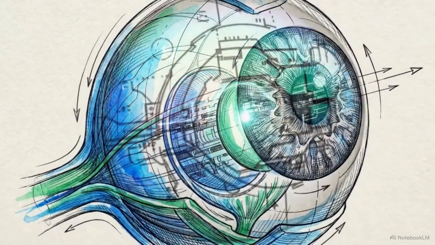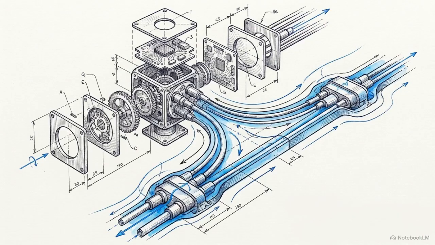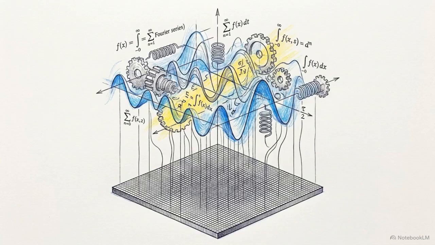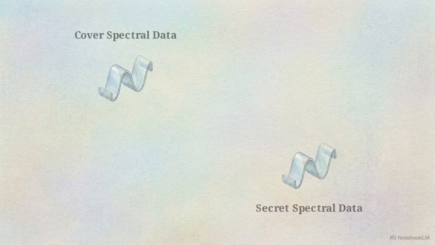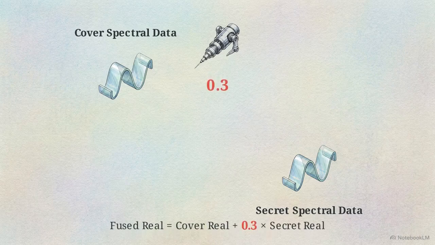By selectively embedding data exclusively where the human visual system expects to see structural noise, the spatial path successfully exploits perceptual masking. But perceptual masking isn't enough to fool statistical algorithms, so in parallel, the original features are routed into the frequency branch. Here, a fast Fourier transform maps the spatial data into the complex plane. Once in the spectral domain, the network applies a phase shift injection technique. It fuses the real and imaginary components of the secret and cover data, controlled by a precisely tuned 0.3 scalar